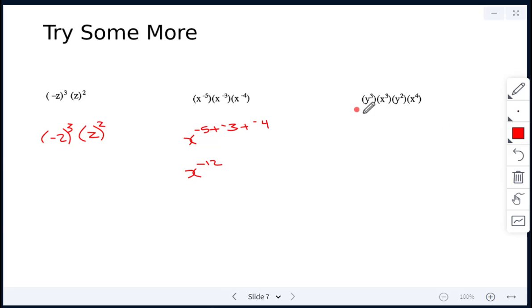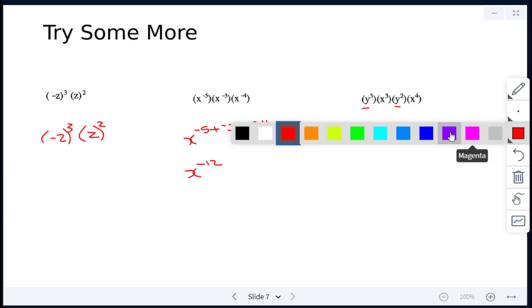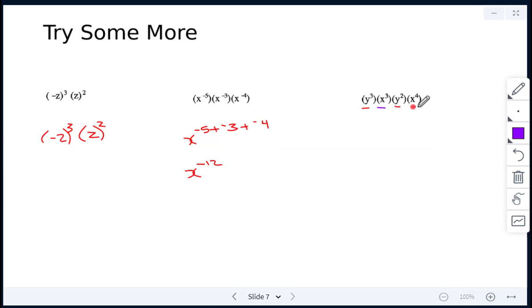For this one here, we have two different bases. We have a base of y, and we have a base of x. So that means we have to collect them separately. Let's do the x first, so it's alphabetical. So x is 3 plus 4. And then for the y, we have 3 plus 2. So that becomes x to the power of 7, y to the power of